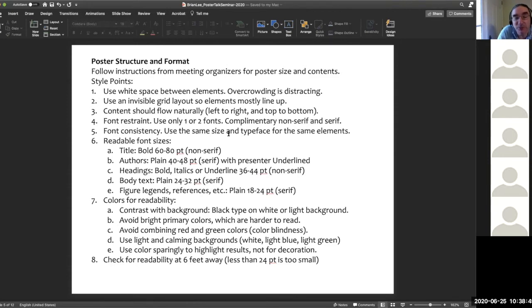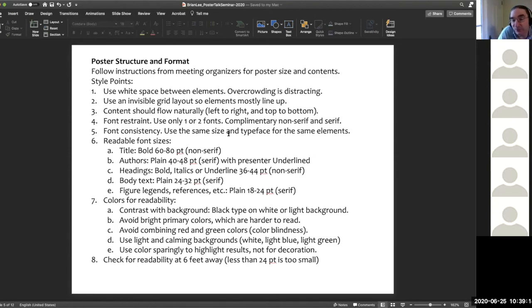So you can capitalize the first letters, but don't put everything in capitalization. But you do want the title to be bold. You want it to be easy to read. Anywhere from 60 to 80 point font size is easy to read from far away. So if someone's walking up to your poster, they can be 12 feet away and be able to read the